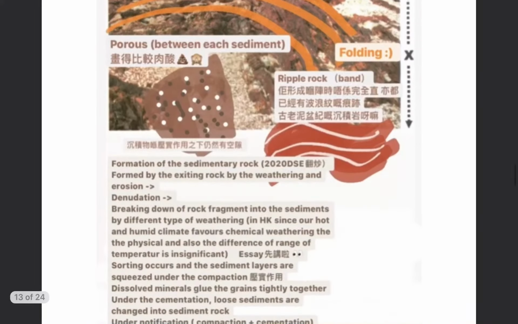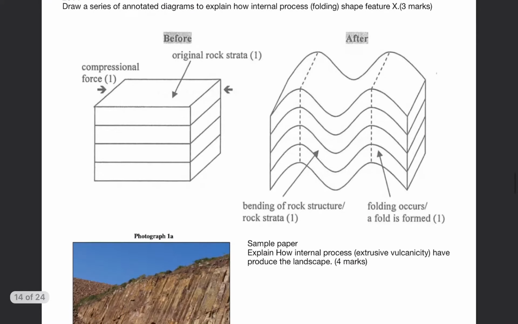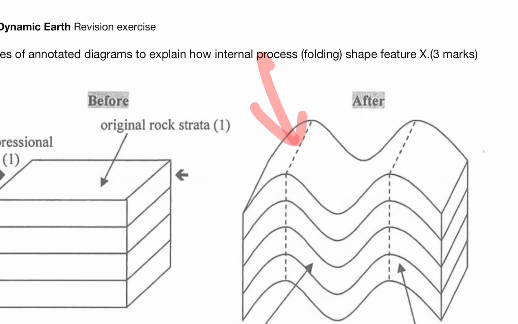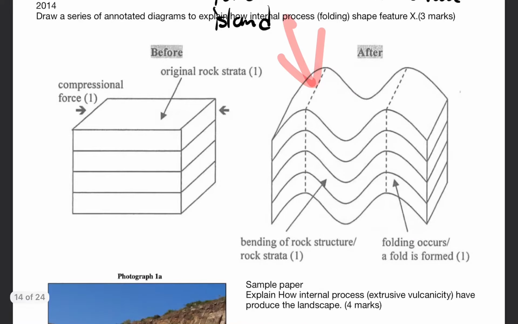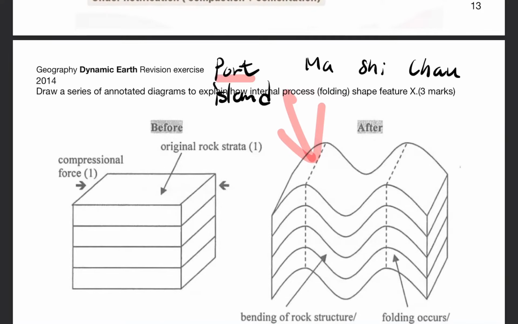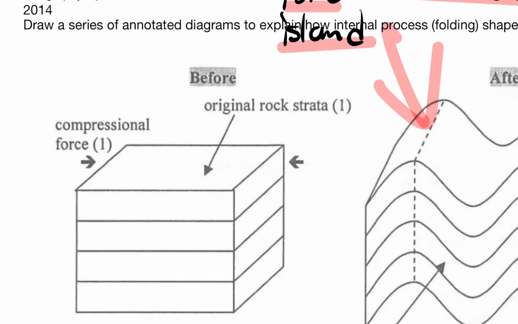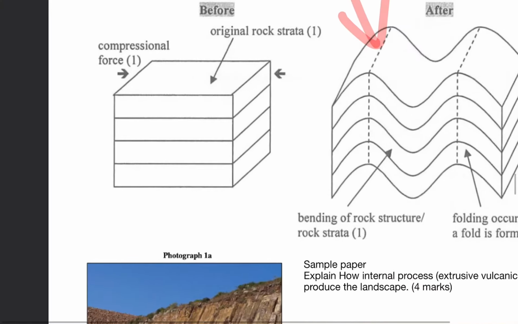Okay, let's move to folding. The folding in Hong Kong is not as significant, but we have folding in 馬士洲, and also folding in Port Island, 嗰個叫做赤洲. 醒唔起中文名啊? Port Island and 馬士洲 are said to be formed by compressional force, but that is not the truth, because long time ago,